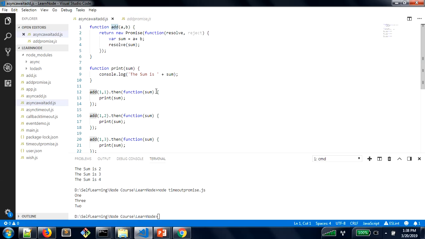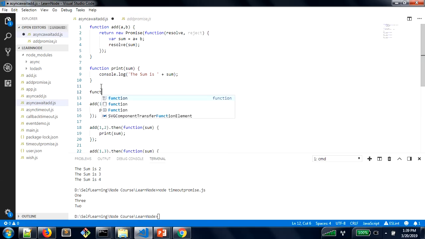We'll have to figure that out right now. So let's keep the print as is, right? And let's keep the add also as is, because it's going to return a promise. It is going to print the value, right? And then instead of writing all of this, I can just write another function which will say function make sum,